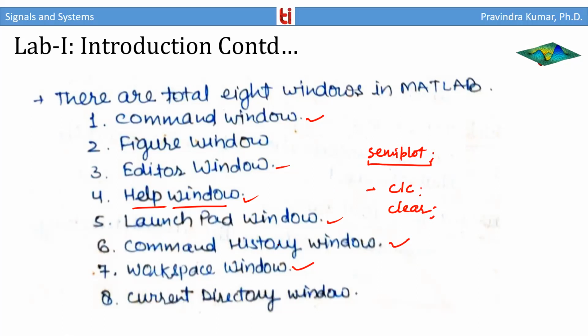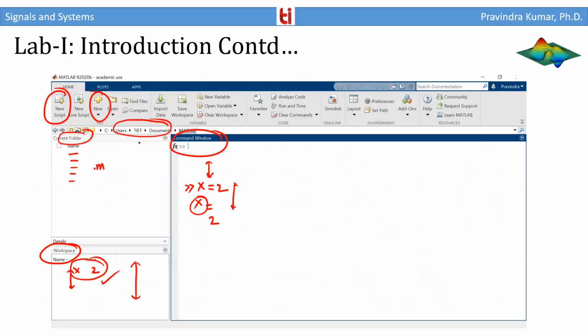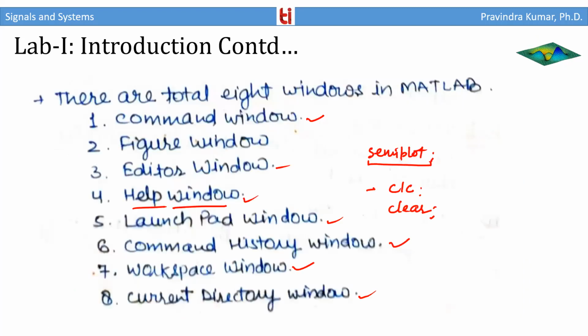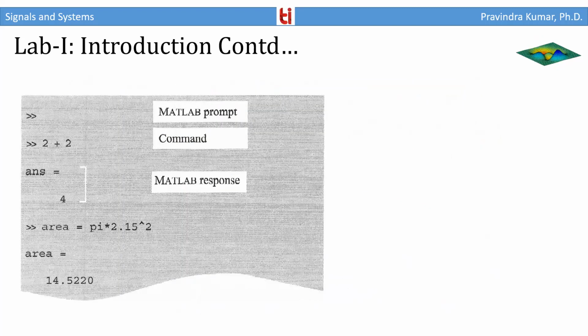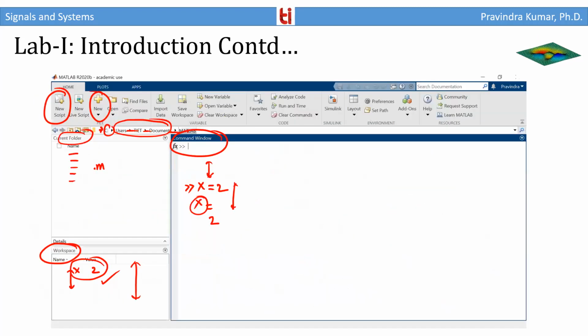Launchpad window. The launchpad window will launch the window, and current directory window. Current directory window, you know about this. As I told you, this will show you the current directory where you are. And now, just like in your command window here,